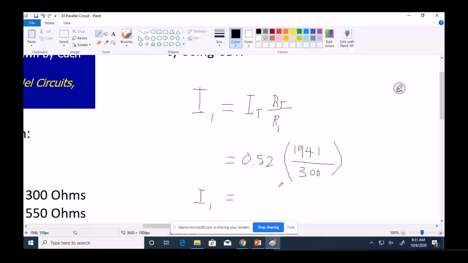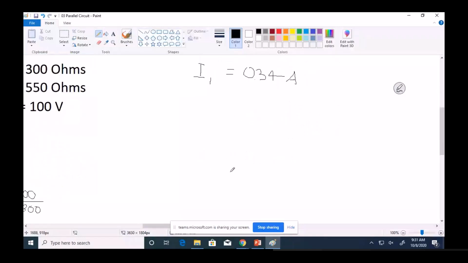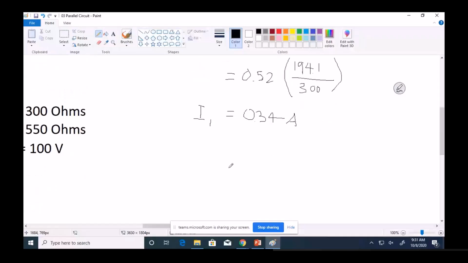What's the answer? Anybody? 0.33, 0.34. Why 0.34? 0.33. Oh, yes, we have the same answer actually. It's a matter of point difference. Is this correct? Yes or no? Yes, same answer, it's only a point difference. We have the correct answer when you do CDR.